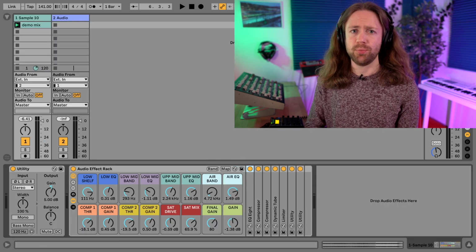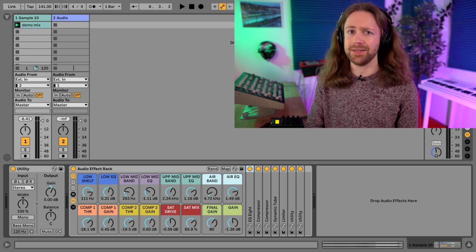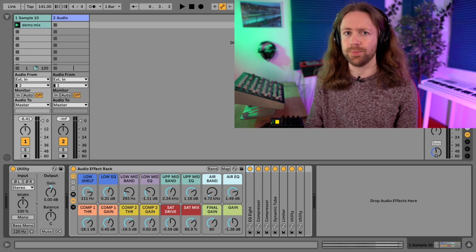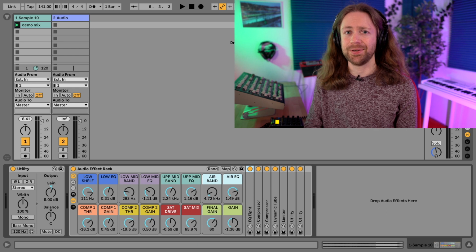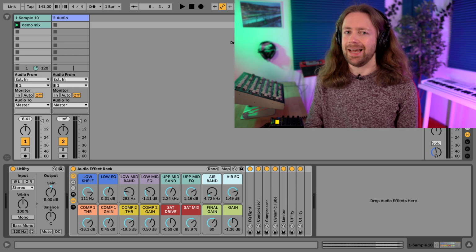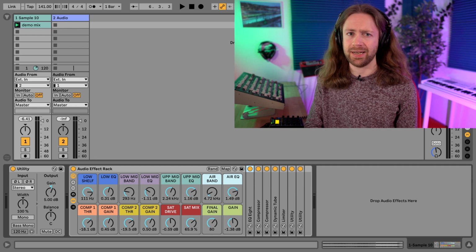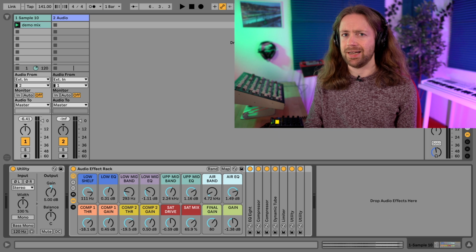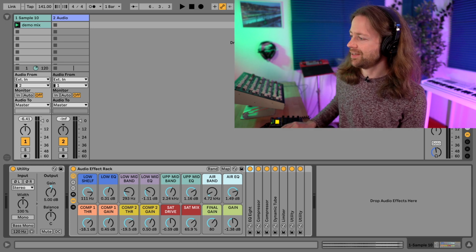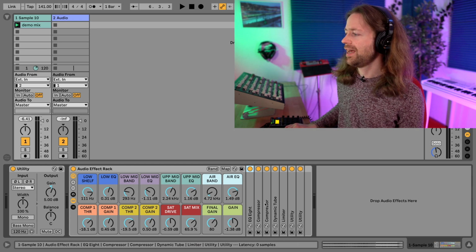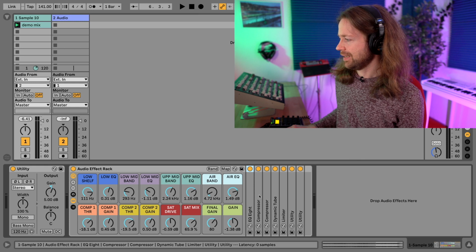Next we're going to look at compression, and compression on the master bus is also kind of some art in itself, and especially as a beginner you should be careful because it's absolutely a place where you can destroy things. And also with stock compressors, I feel like you should be careful in how much you do with them and how you set them up, because I prefer to have two compressors that do a little compared to one compressor that does a lot. And in this case, you see I have two compressors, and one of them is having